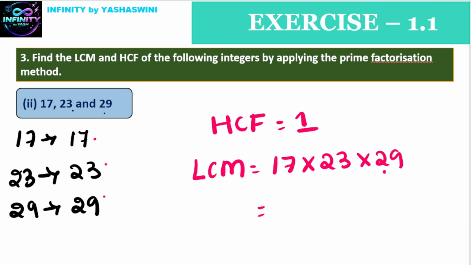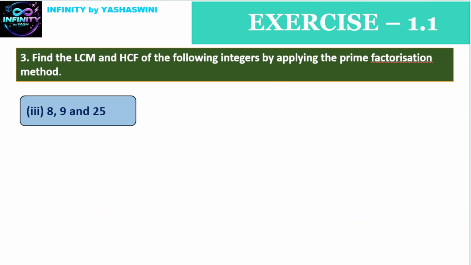When you multiply 17, 23 and 29, you will get 11,339. So LCM is 11,339 and HCF is 1. So here only one thing you must remember, that is when you don't have any common factors, then 1 is the HCF. Now we'll move on to the next one, that is find the HCF and LCM of 8, 9